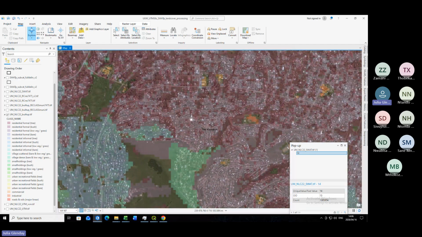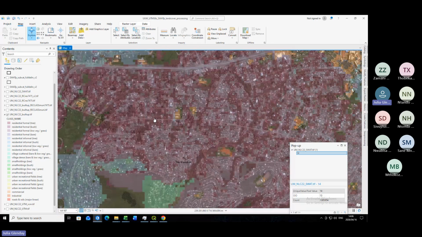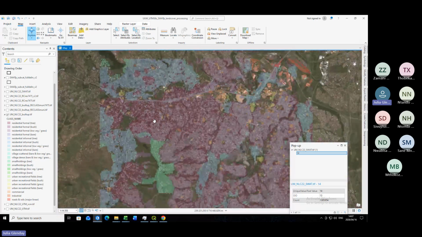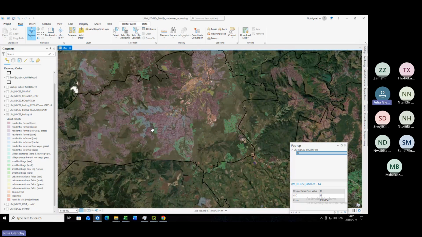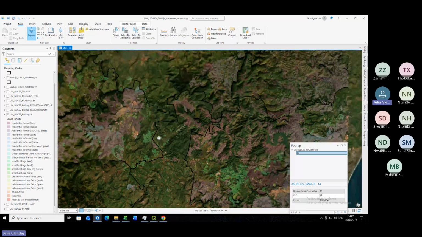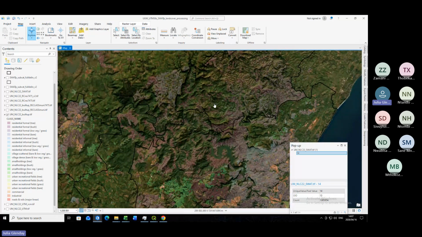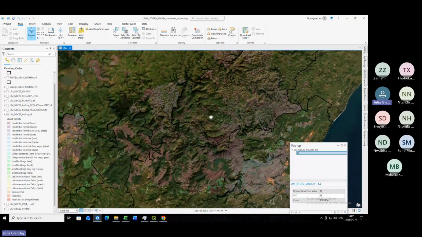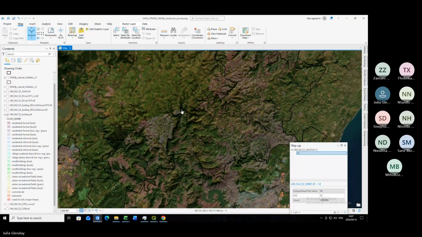So if you think about that area within Msunduzi municipality, this pink color that's a residential formal, and I go somewhere else, like in the catchment of Hazelmere, for example,